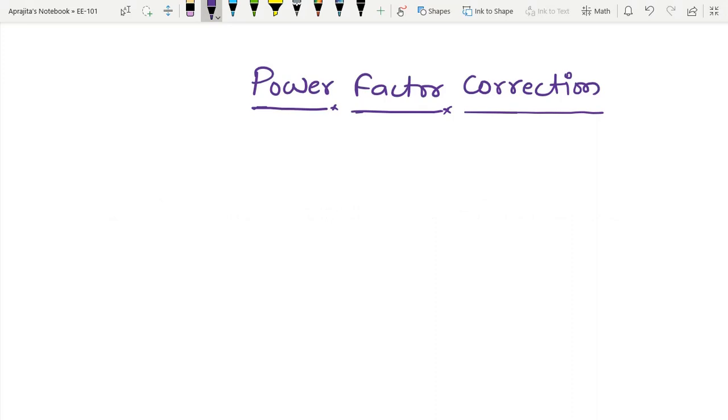Welcome back. So, in today's class, I'm going to talk about the power factor correction, and using this, you are able to understand a lot of practical utility of the power factors and how power factor is going to affect our electricity bill. So, due to that reason, this topic is very important from the application or practical point of view.